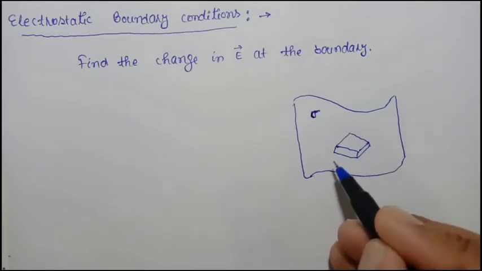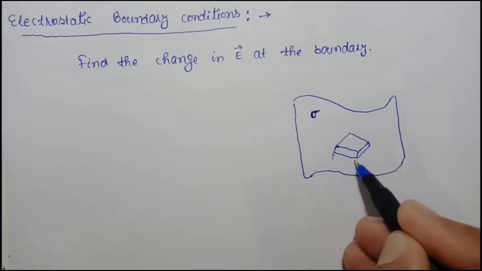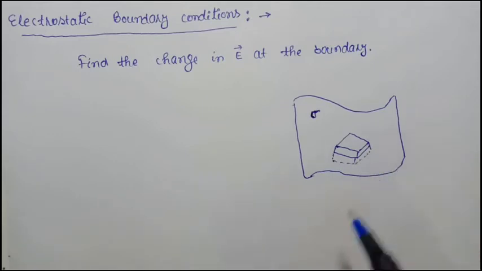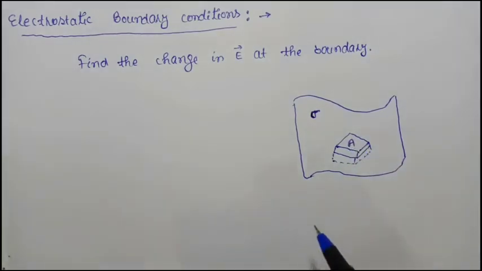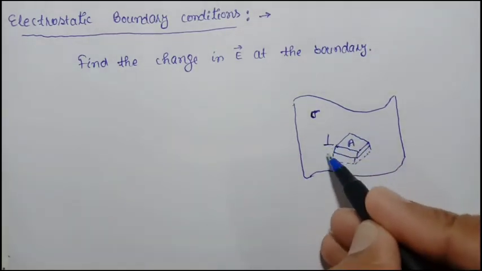This is above the surface and this dotted line shows below the surface, and suppose A is the area of this pillbox and the thickness of